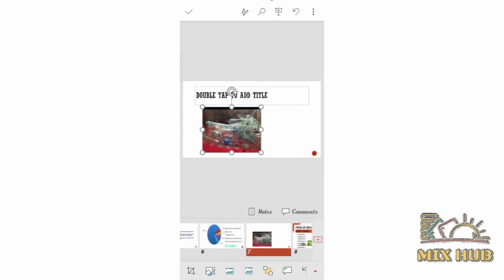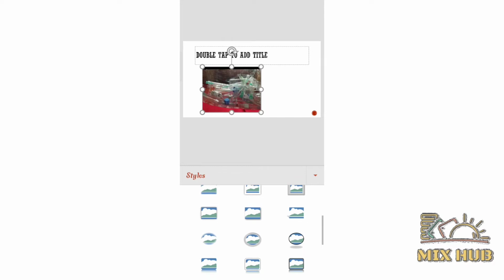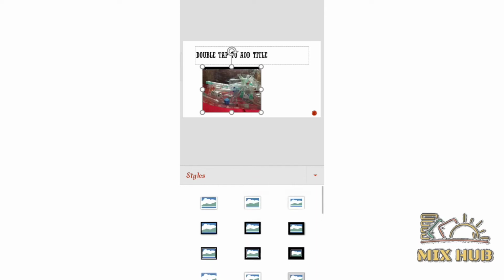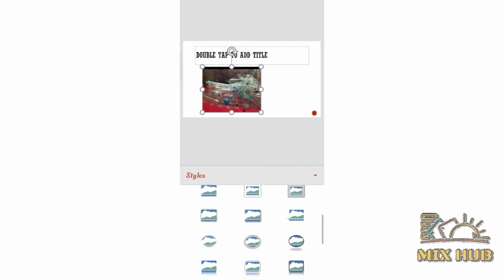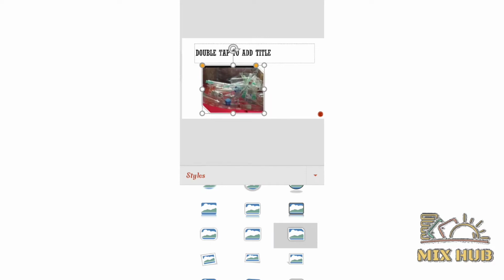Okay, if you want to shape your image, click on the shapes button. There is a reflection button, there is a shades button, and there is a styles button. Microsoft PowerPoint gives you a lot of stuff which you have to use.